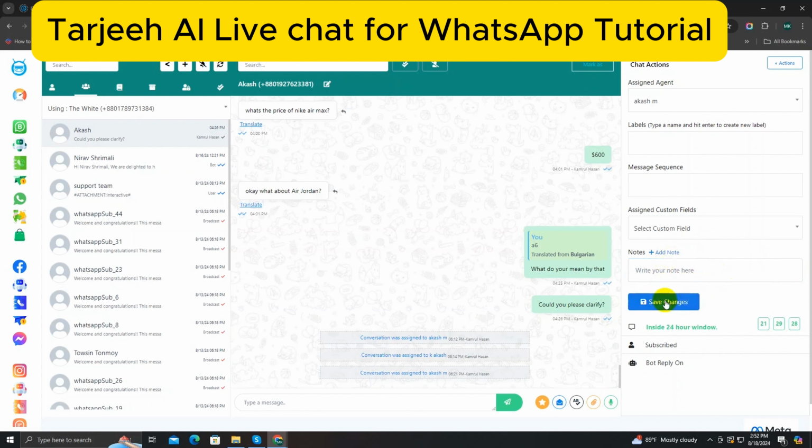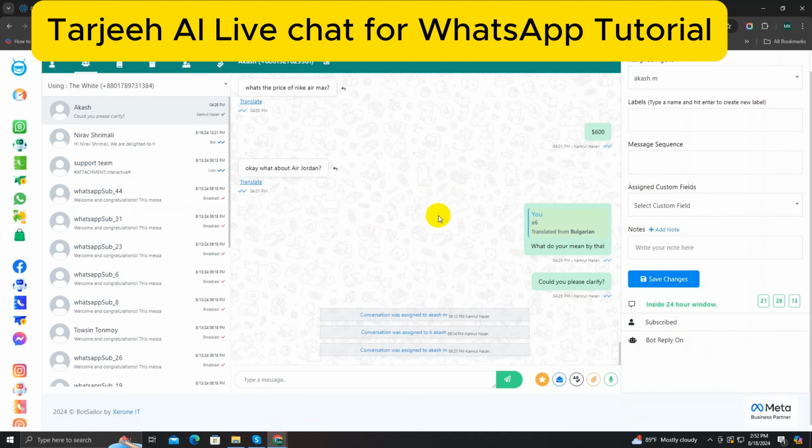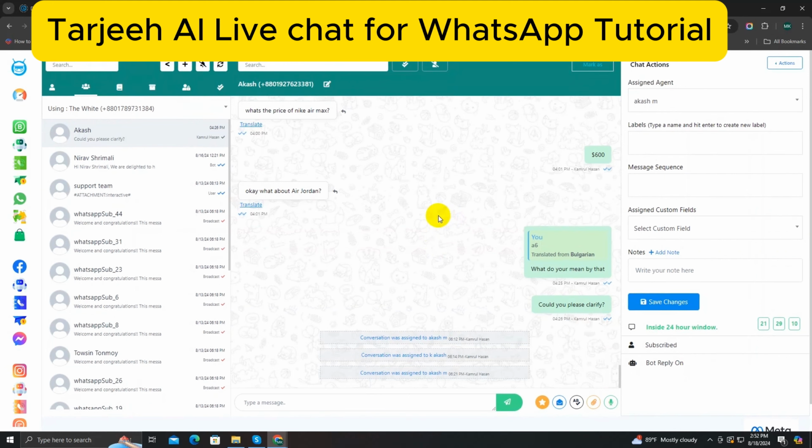Then comes this save button. This save button will save all the changes that you make. This countdown clock is called inside 24 hours window. According to WhatsApp law, when a customer messages you, you have only 24 hours to reply back to him. And this clock is here to show you how much time you have left before you cannot reply to him again. So this is just a reminder for your customer agents. Then this option shows if this customer is subscribed or unsubscribed, you can see that from here. And you can also check if the bot reply is on or not from here. So that's about it for